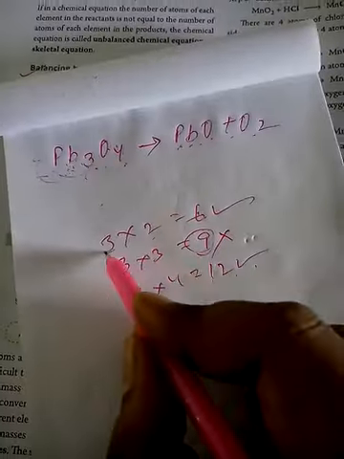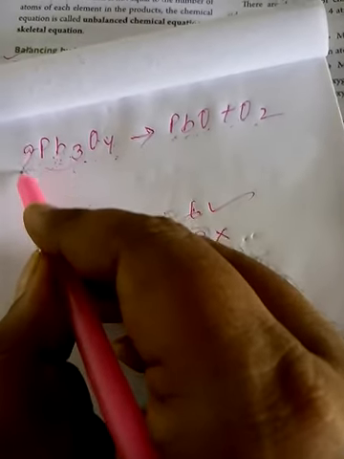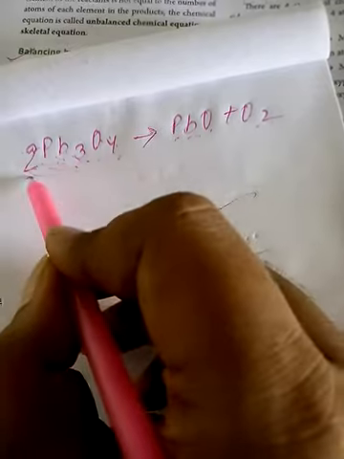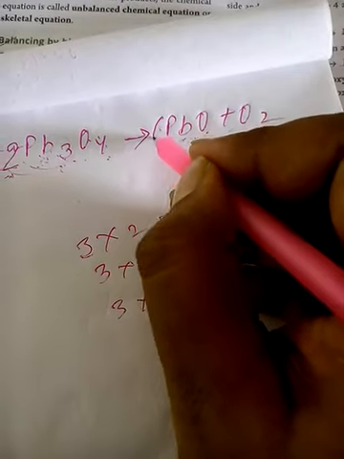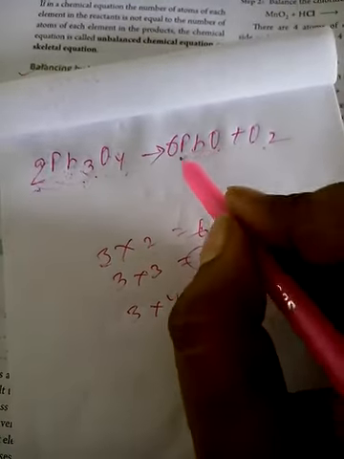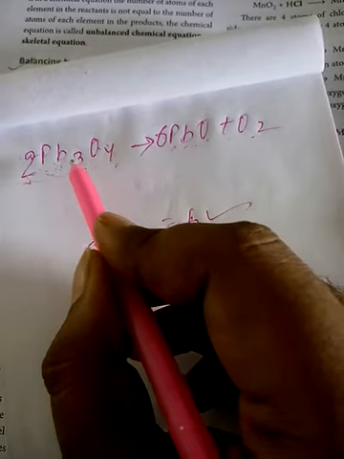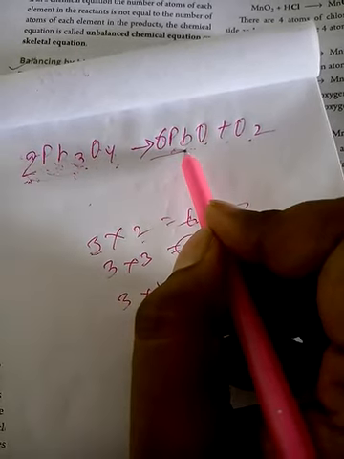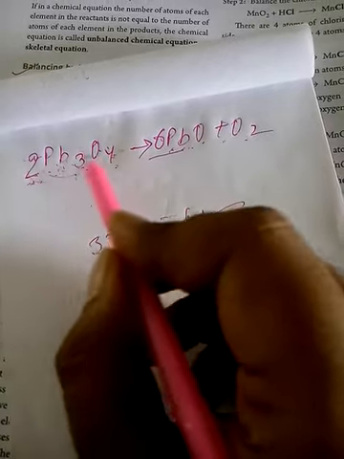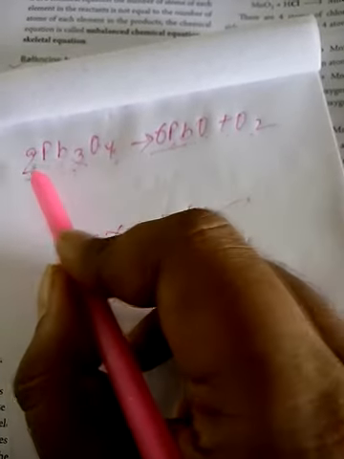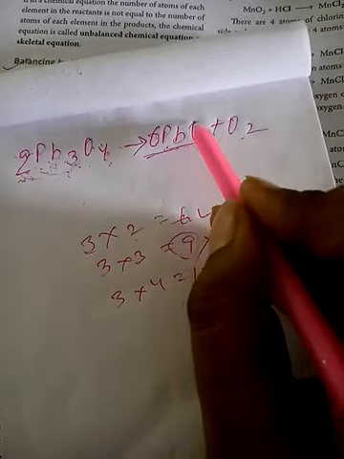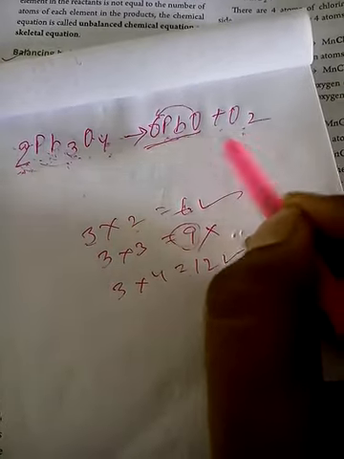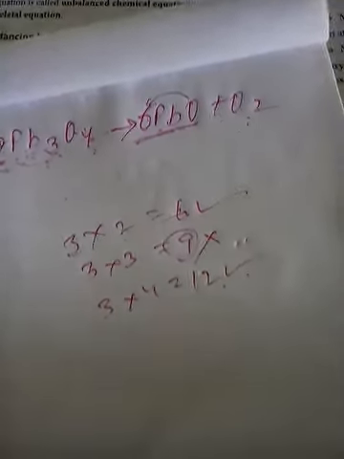If I put 2 over here, then 3 2s are 6 atoms of lead we have. In that case, I have to multiply this also with 6. Now let's see whether it is balanced or not. See, if I multiply this with 2, then 6 atoms of lead and 4 2s are 8. 8 atoms of oxygen should be there. So already 6 oxygen atoms plus 2 oxygen atoms, total 8, which means the reaction is balanced. You can also try by this and check whether it is balanced or not.